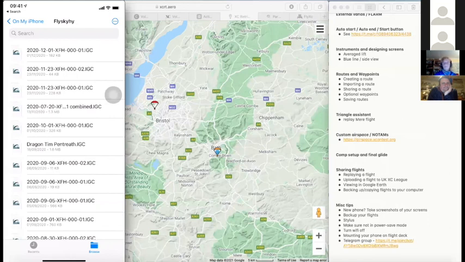And if you want to add an IGC file that you didn't record in FlySkyHy, maybe you didn't have your phone with you, but you had it on your XCTracer or whatever, then you can just copy it into this folder, and lo and behold, you'll see it in FlySkyHy. And I've done that with some, like the Dragon one here, which is a combined whole Dragon Hike and